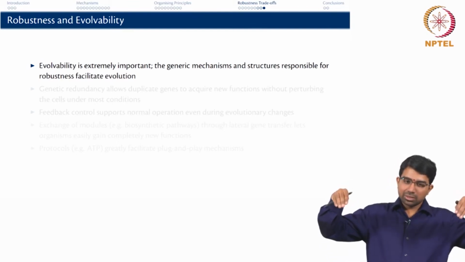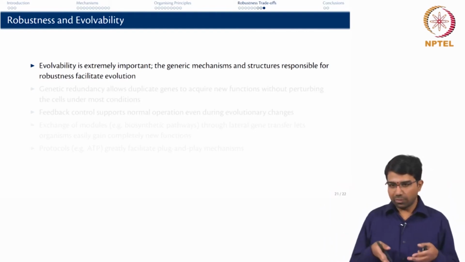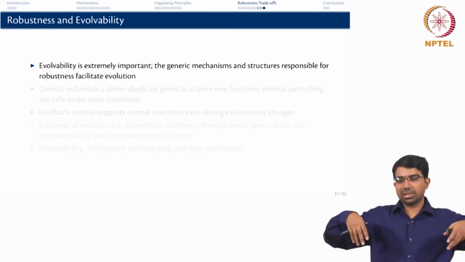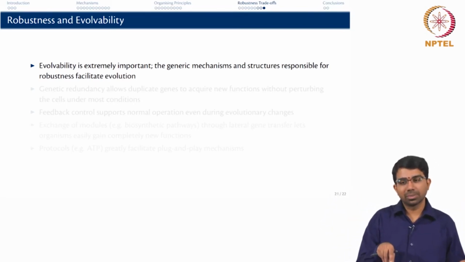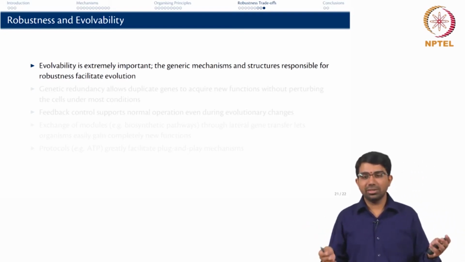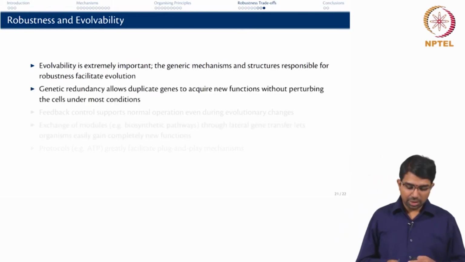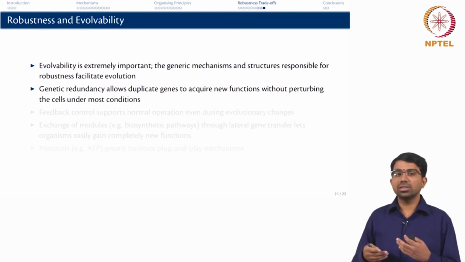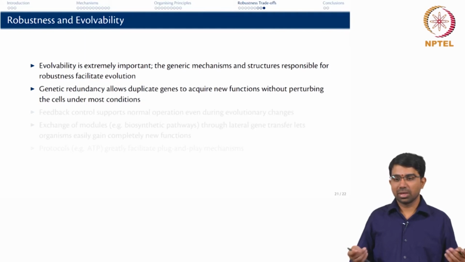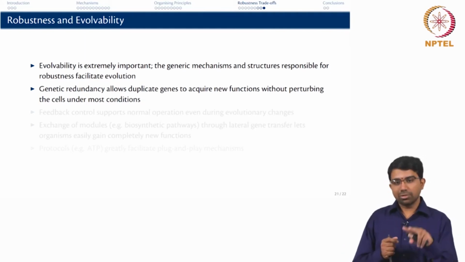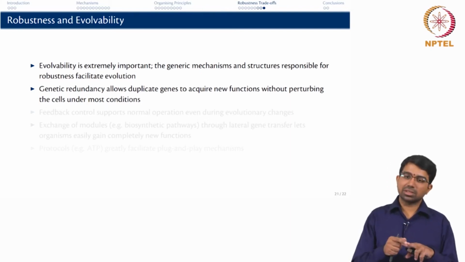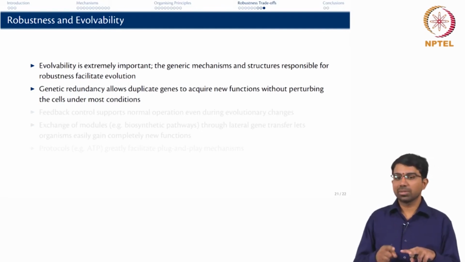It turns out that this exact structure, obviously we have seen that it facilitates robustness. It also helps evolvability because we have a lot of latitude to vary in these fans. The core is conserved, but it is a small part. So, say 70% of the system is open to variation, which can be beneficially used, right. So, for example, genetic redundancy or gene duplication allows genes to acquire new functions without sacrificing cellular function. I have a gene, it has now duplicated, I have two genes performing the same function. So, there is no selection pressure on in fact either of the genes. One of the genes is free to evolve as long as it leaves behind the other for performing that critical